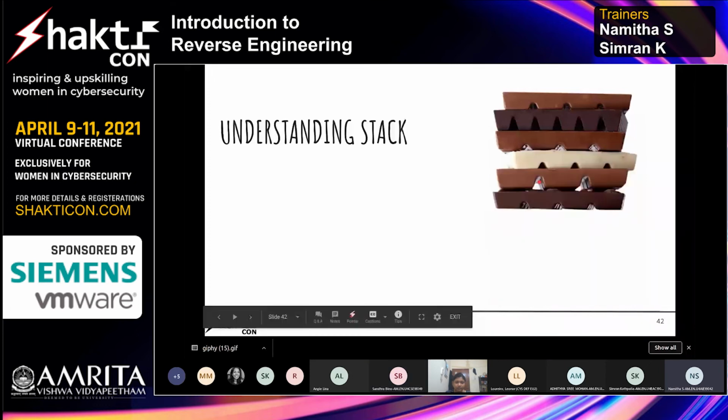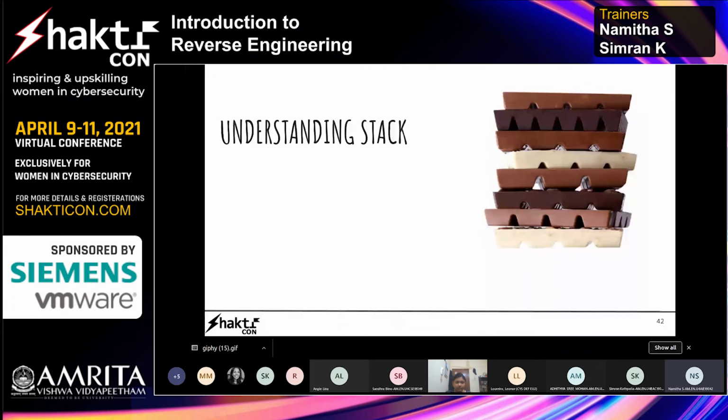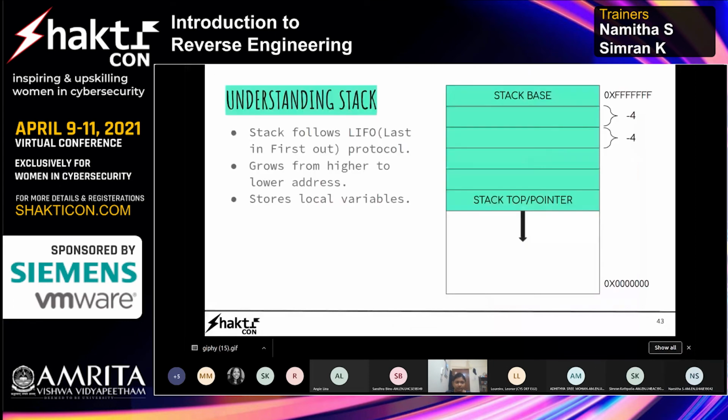So we heard a term about stack. What is stack? Every computer program that we run uses a certain region of memory, which is called the stack, to enable functions to work properly. It is an important part of the program because this is the part where the control flow of the whole program is built.